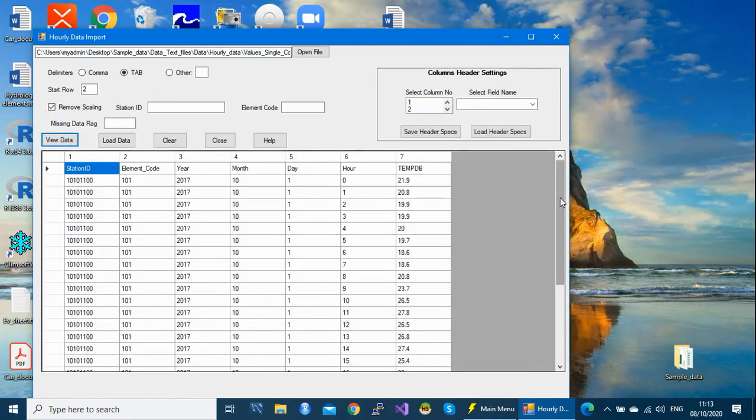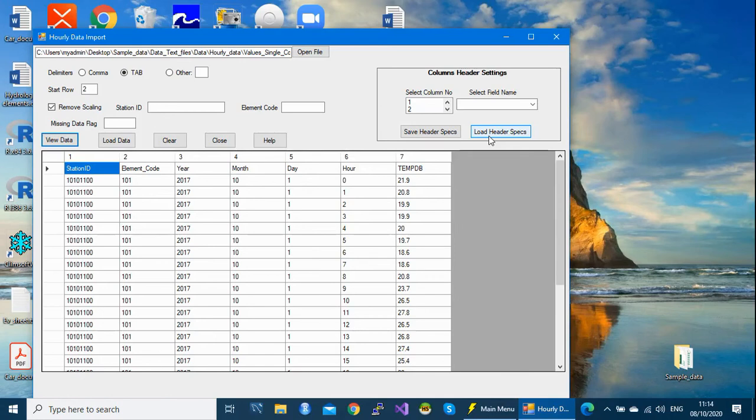So here we have this file, but since we saved our headers, what we are going to do here is just to apply. So you define the header once. The next time you just apply the header on your file, so that helps you to move faster.